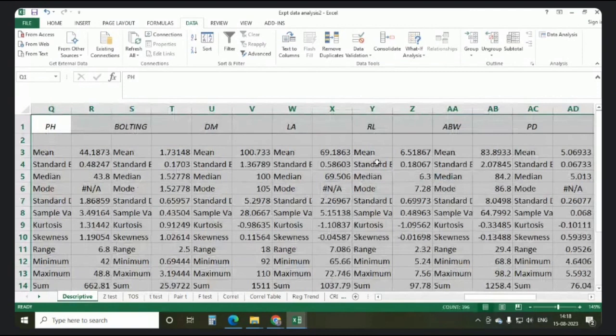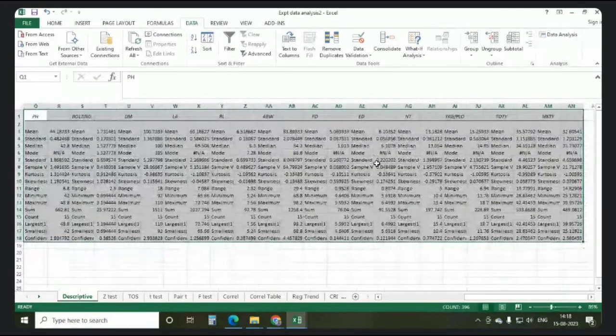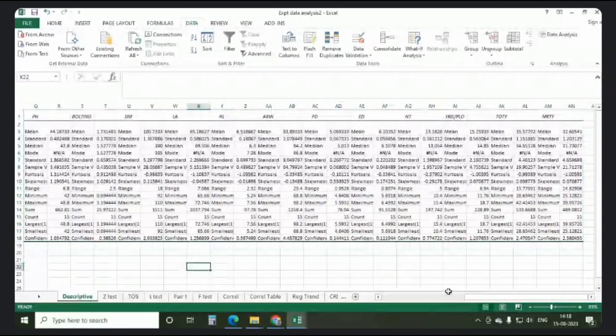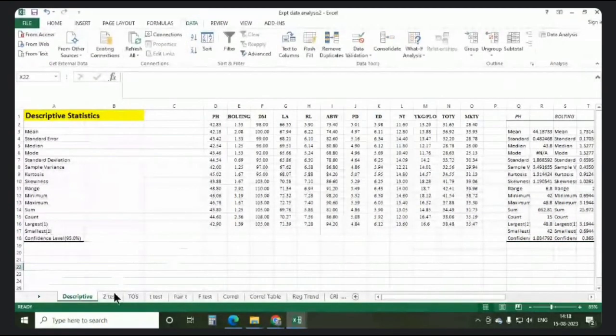Now see, these are your results. In a single click, you are getting all the descriptive statistics for all the parameters, where you are getting the mean, standard deviation, median, mode, and all those things. Okay, so this is the very basics of descriptive statistics. We proceed for